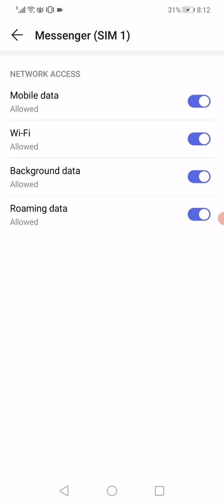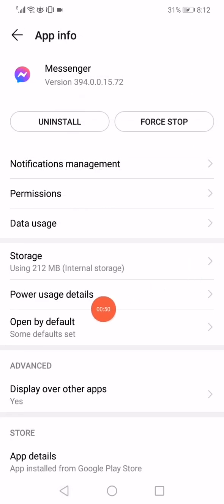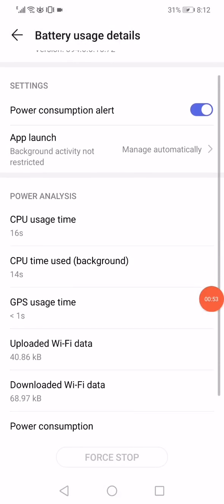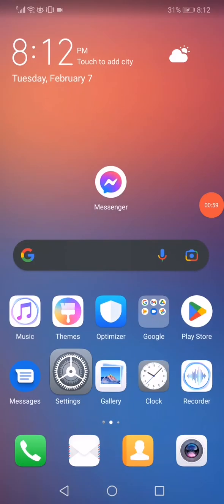So all what you want to do is very simple. Just make sure to enable all these options here and then go back again to the app informations and go to the power usage details. And now all what you want to do here is disable the power consumption alert and enable it back again. And now